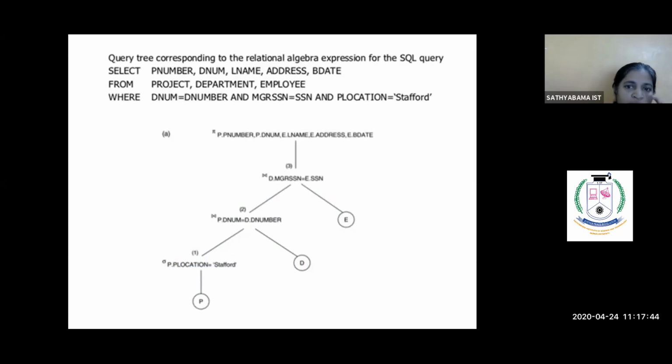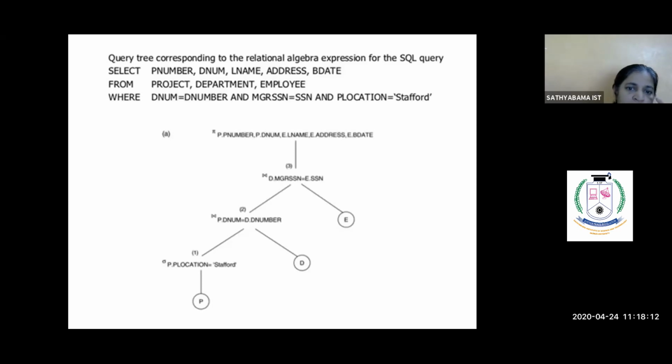So this particular query tree is generated. First we had another query tree, and now this is another query tree. This is an optimized query tree. What is happening here? Instead of the Cartesian product or cross product, the join operation is being used here. Initially from the project table, we select only the Stafford location.